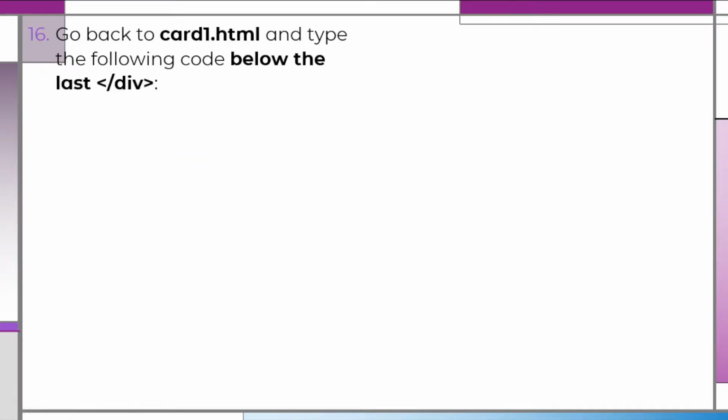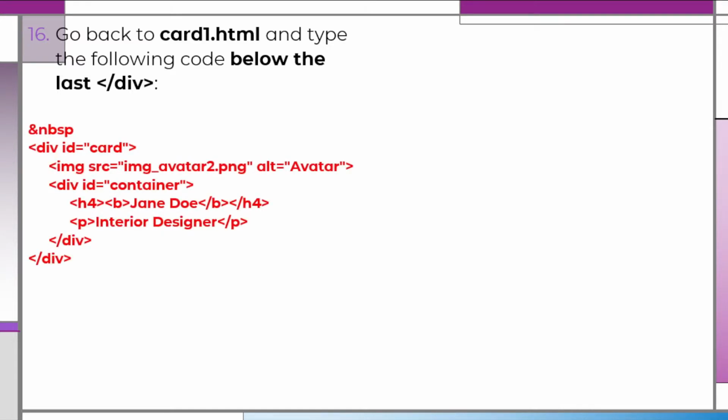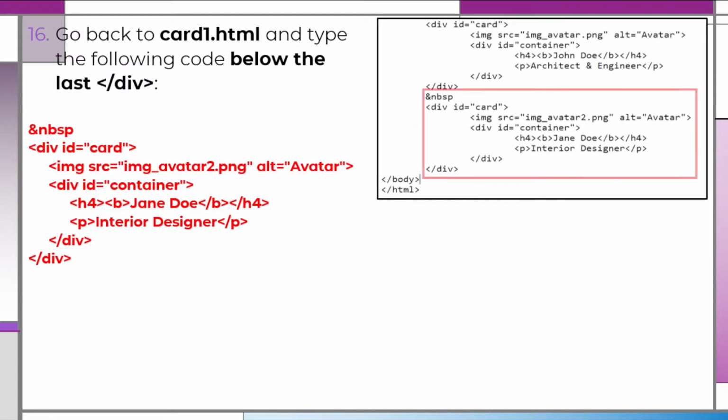Go back to card 1 HTML and type the following code below the last closing div. So you type: div class="card", img src="avatar2.png" alt="Avatar", div class="container", Jane Doe. So we're actually copying, if you look closely,